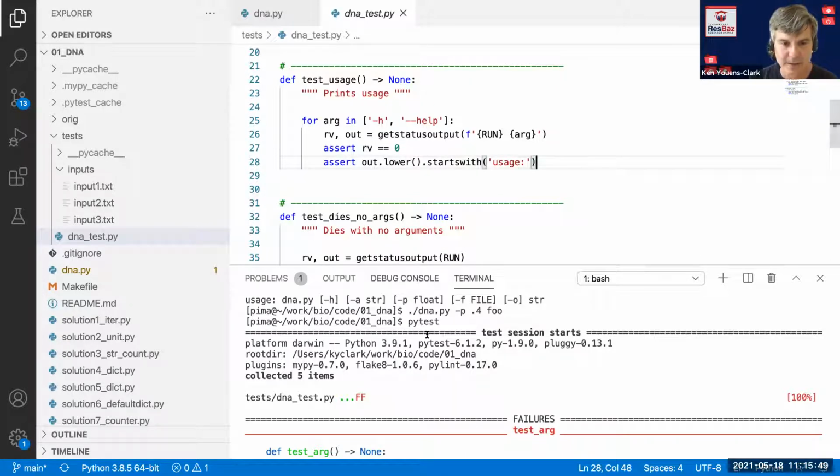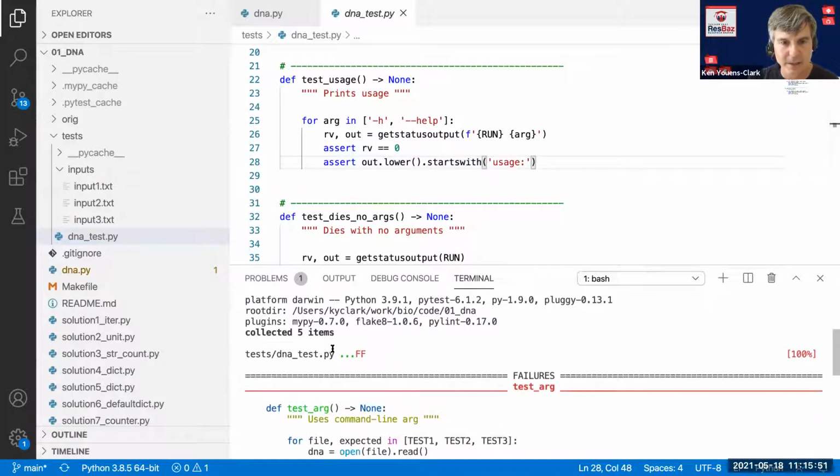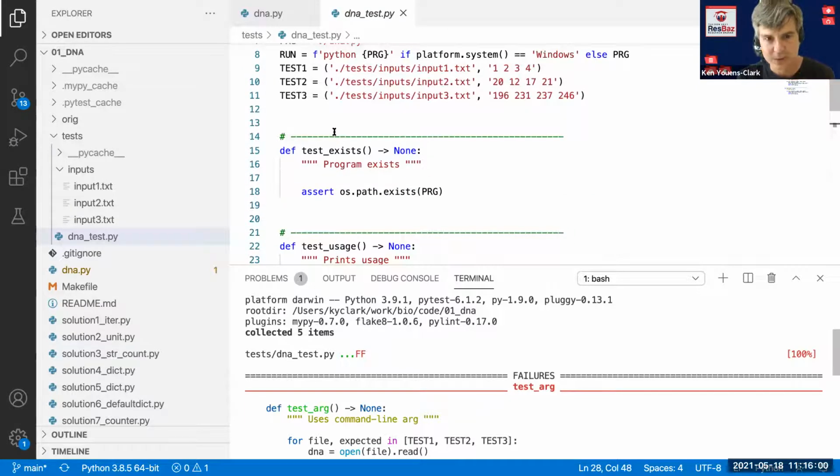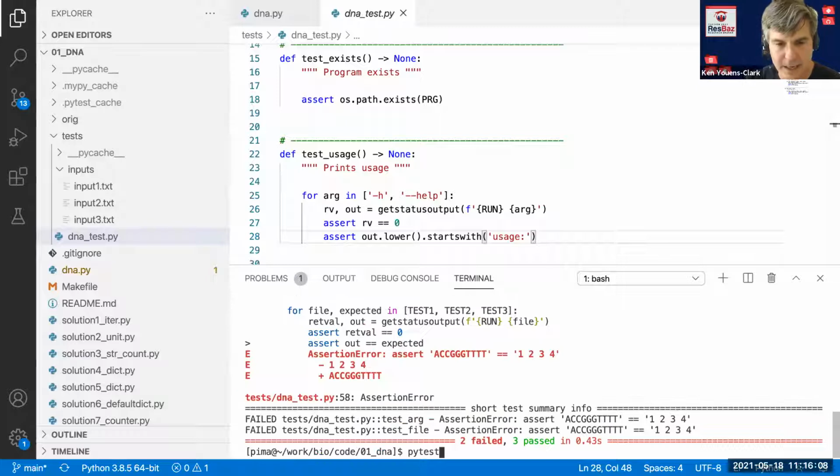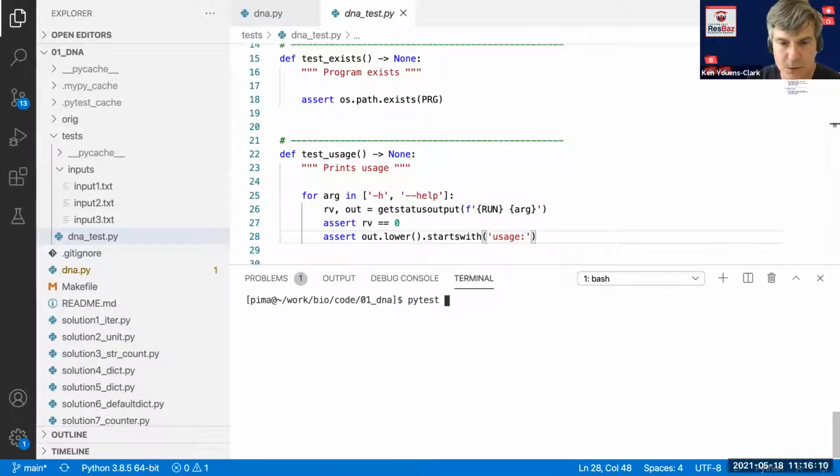this test passes. And so what's happening here is PyTest is running each one of these. And crucially, it's running them in the order that they are defined in the file. So it starts with the first one, and then goes to the second one, then goes to the third one. And it's possible to have PyTest just stop testing as soon as it encounters a failing test, which is what I usually recommend people to do.